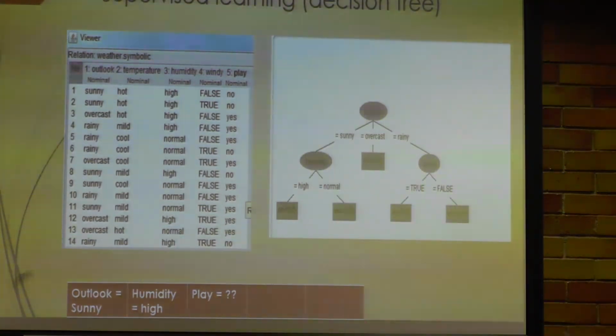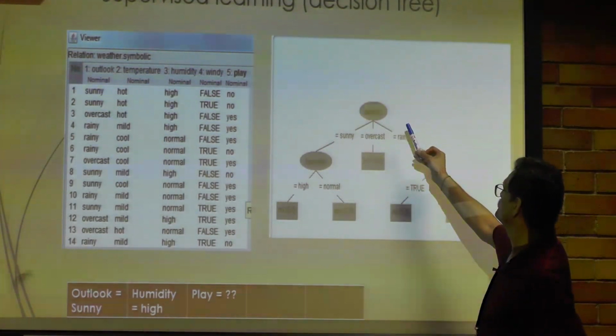All right. Now, if I want to predict something, for example,